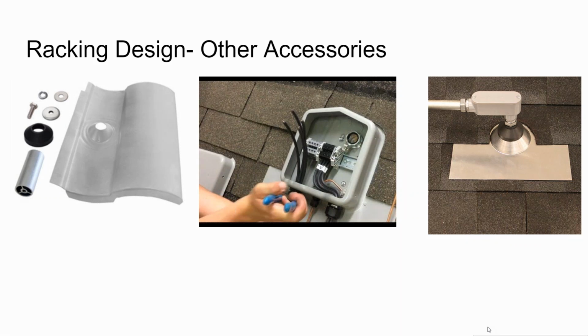For Spanish tile, it used to be that you would get these little hooks that would go underneath the Spanish tile. And so you'd have a hook that would kind of have a plate here, and it would come out and then up, and then you'd mount your solar array to the little mounting bracket. That's kind of been retired, and now the proper design is to go with a racking company that has a tile flashing plate that will take the place of a Spanish tile on the rooftop, and they come in various shapes or sizes.